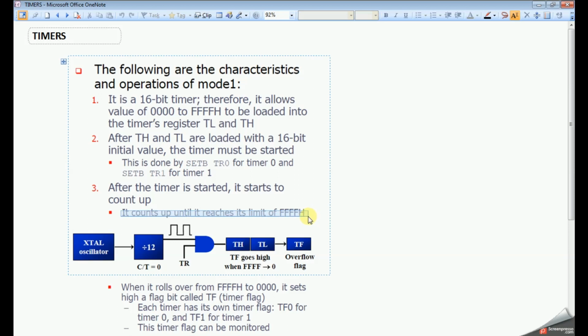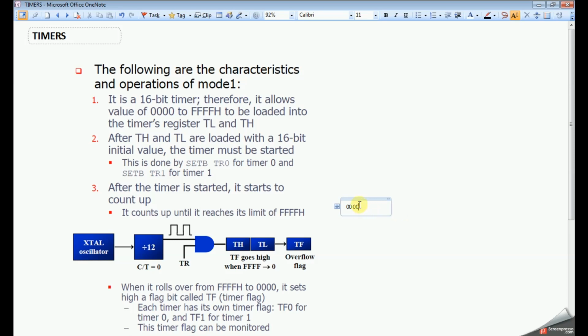Suppose you give TL0 00 and TH0 00, then it will start counting from this value up to the maximum value. So it will give the maximum delay if you start from 0000. This is the maximum timer we can generate using this 16-bit timer. That we will see in the calculation.